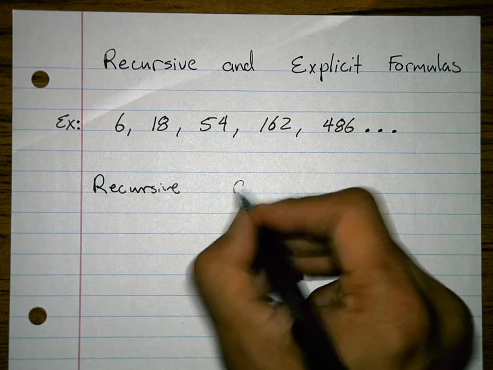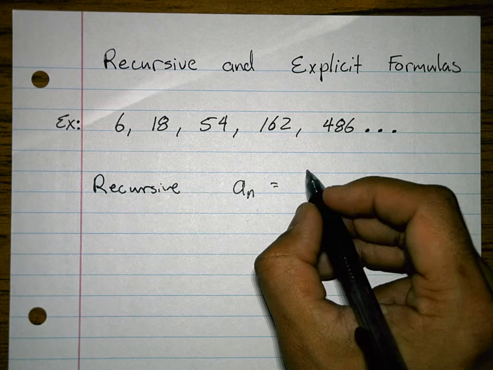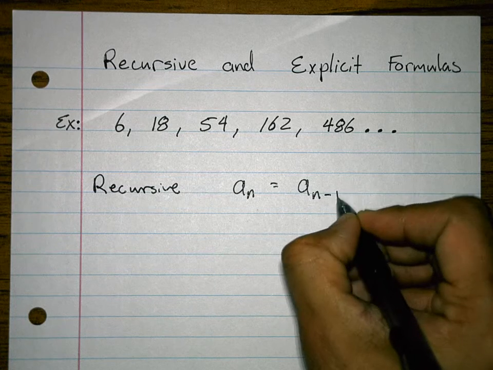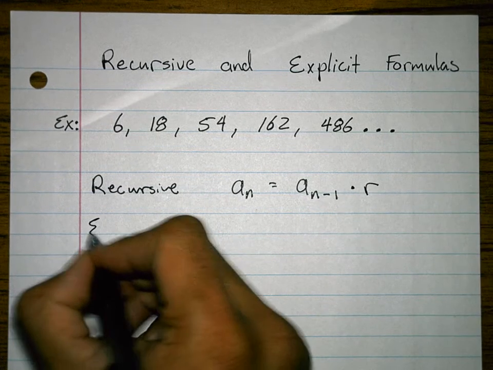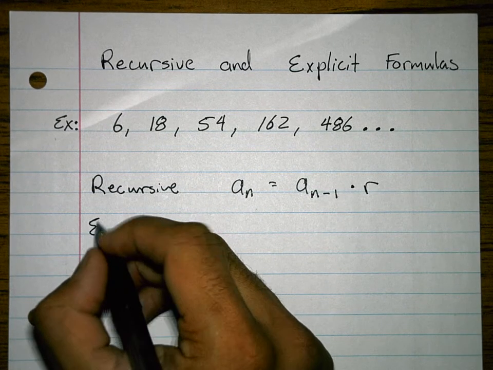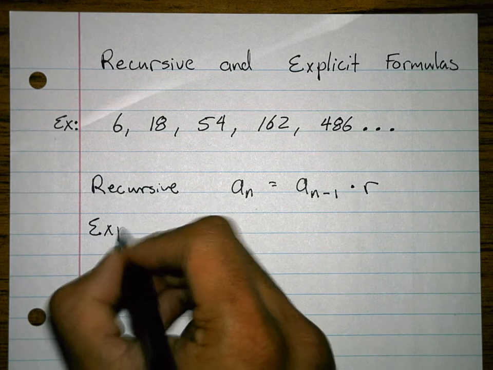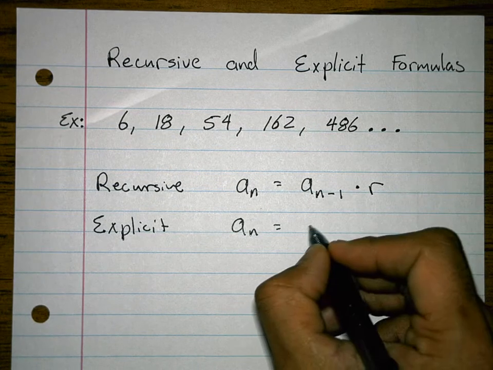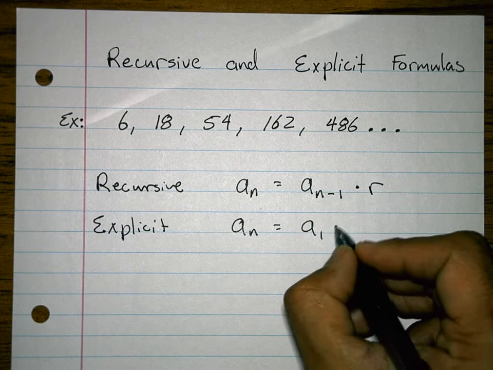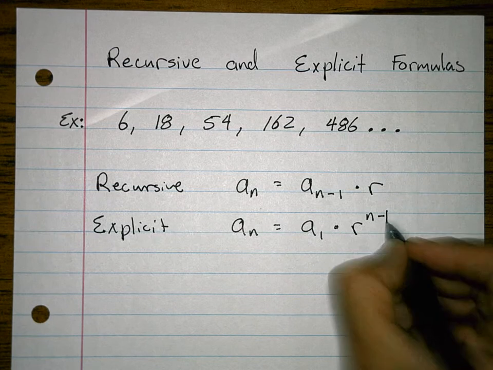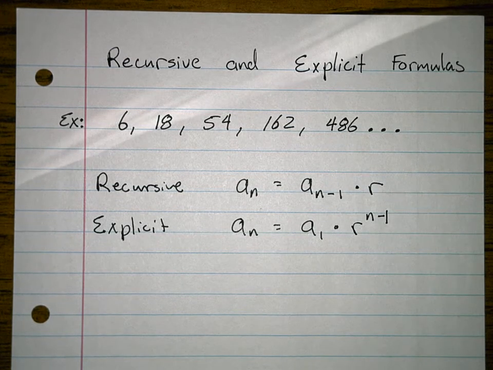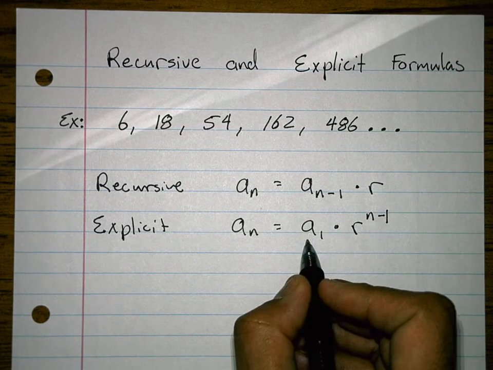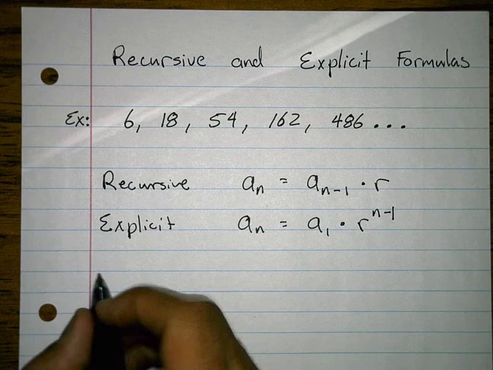Okay, and the recursive formula is a sub n equals a sub n minus 1 times r, and the explicit formula, which is the more useful of the two, is a sub n equals a sub 1 times r to the n minus 1. Okay. So really all I need to find is the r and a sub 1 for the explicit formula. Okay. So r can be found